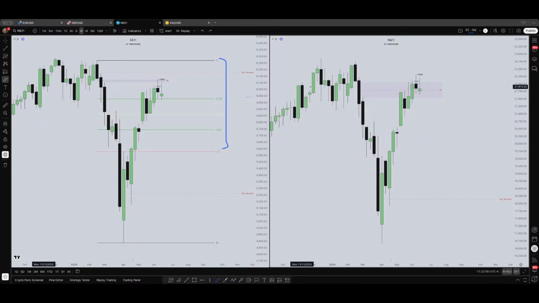So far price is doing a nice job. These imbalances, these weekly fair value gaps, are holding price nicely. As you can see, the buys are respecting them. Here only the wick touches. Here the bodies are inside but not above, only wicks.